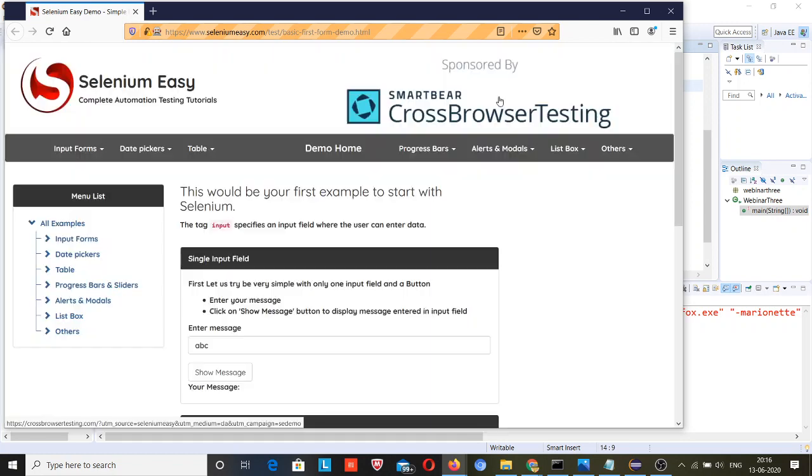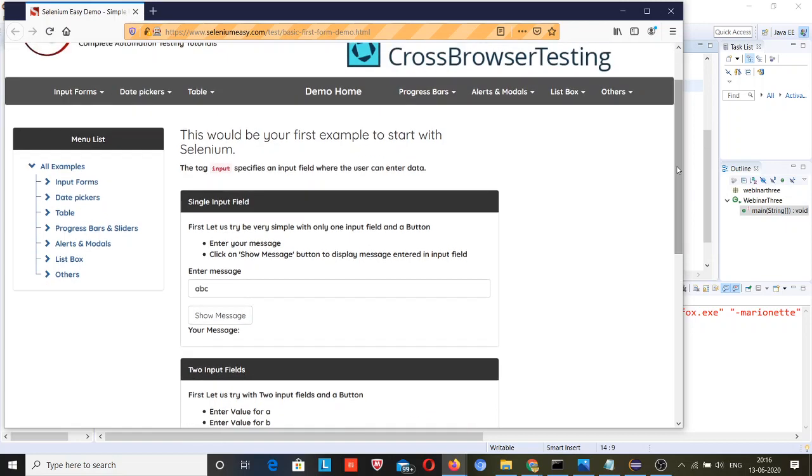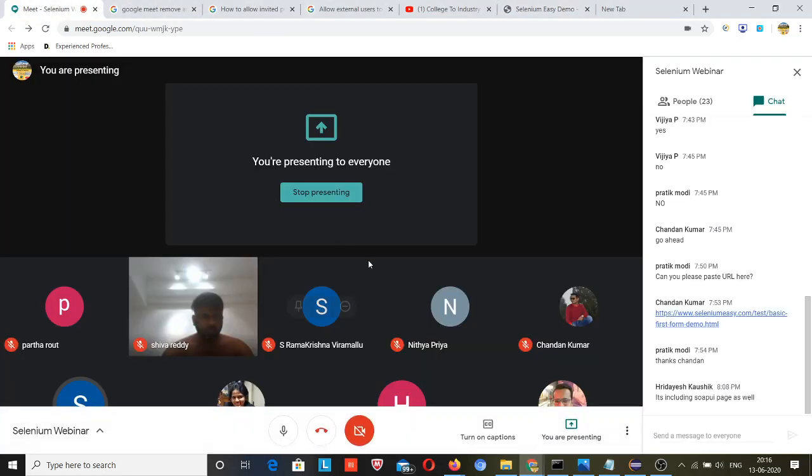So guys, what it did, it has entered the value in this field, not here. My agenda was to enter it here, not here. But when it finds the same class name, Selenium thought that this was the field that I was trying to locate. So this is the problem I explained today on some kinds of web elements. Okay guys, I hope you can relate to when to use which locator.